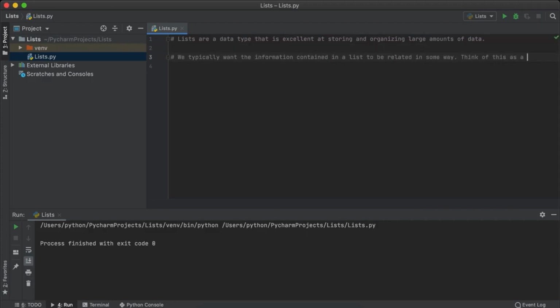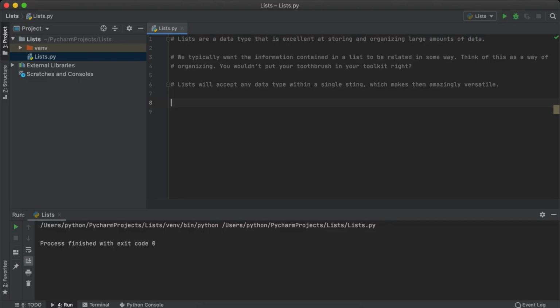So if we wanted to create a website and we wanted to attribute each user of our website as a list, we could combine all that user's information into one consolidated list. The best thing about lists is that we can store any data type within the list that we want to. So it could be a string, a boolean, an integer, etc. Now that we have an idea of what lists are in Python, how do we go about implementing and recalling one?